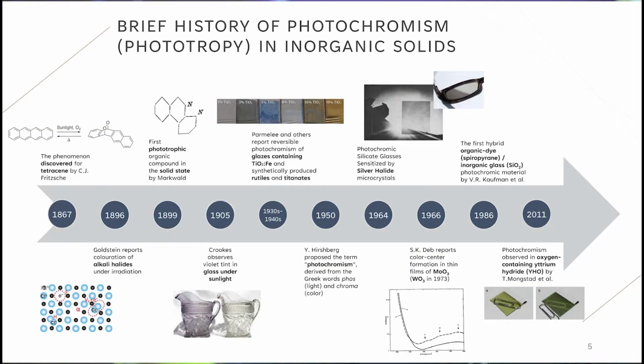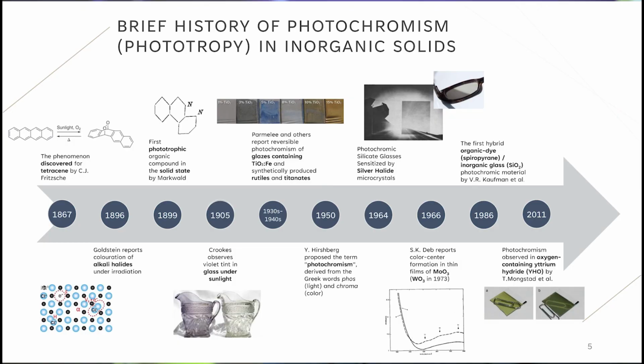Then in 1896, Goldstein reported some coloration of alkali halides under irradiation of high energy flux. Although this shouldn't be called photochromism, it's more related to the formation of defects in